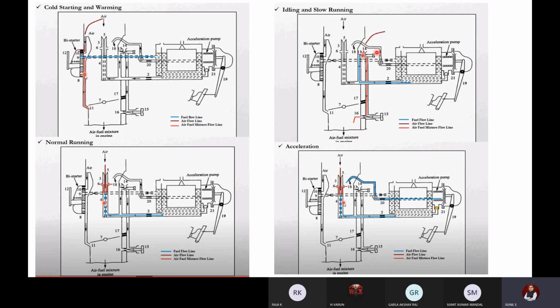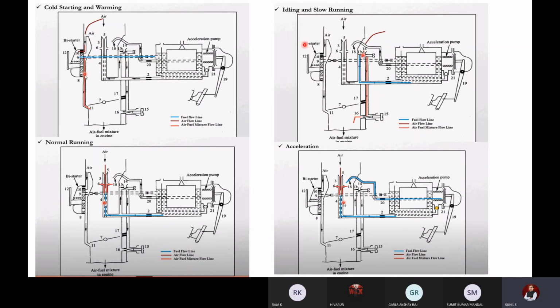So here you can see a small screw over here. This is called an idling screw. This can be varied manually. So even under idling, it decides how much quantity of air and fuel mixture will be flowed. If you open this too much, more quantity of fuel will be taken in, so that you get a rich mixture. If it is opened less, less quantity of fuel will be taken, you will get a lean mixture. So this is for the condition of idling.